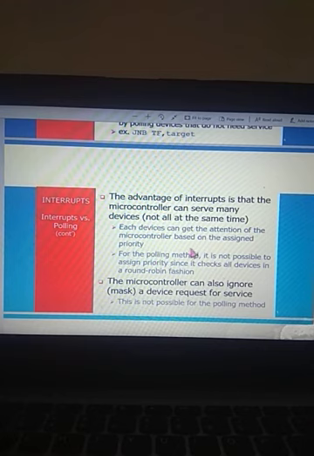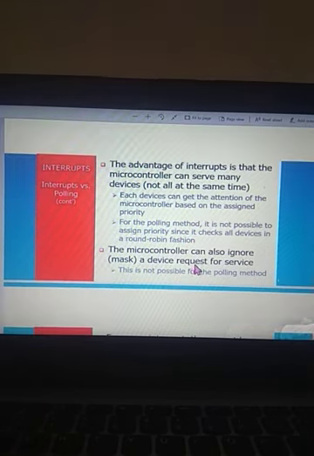It gives attention to all devices, whether a request is there or not, and searches for the condition. Once that condition is satisfied, it performs that particular service. The microcontroller can also ignore or mask a device request for service using interrupt, but this is not possible for the polling method. Using interrupt, you can mask or unmask a particular device for a particular service.